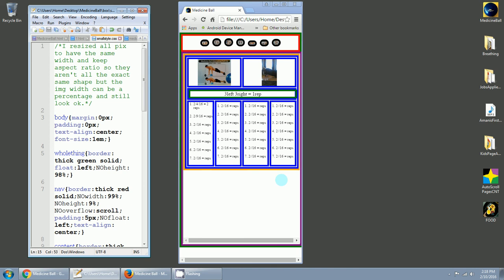And I will go over the small style CSS right now so that you could see what styles I used to allow me to have my screen this small. Body, here's the body style: margin 0 pixels, padding 0 pixels, text align center, font size 1 EM. That means whatever the,